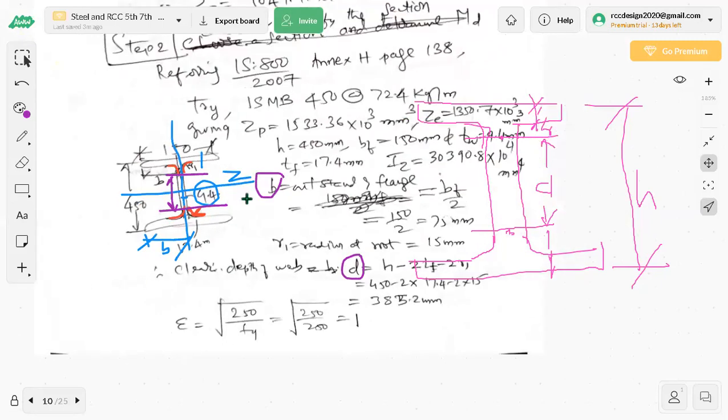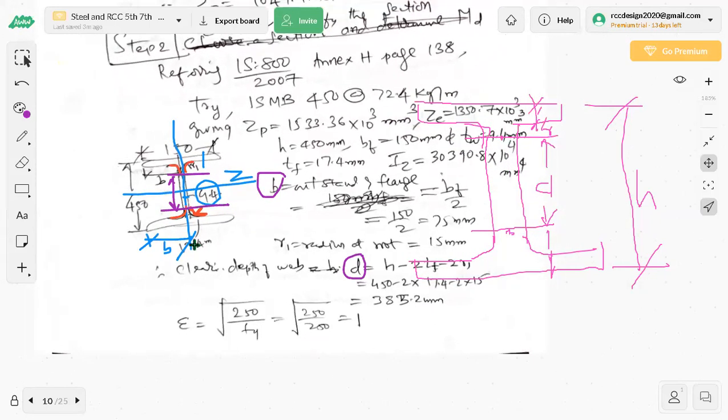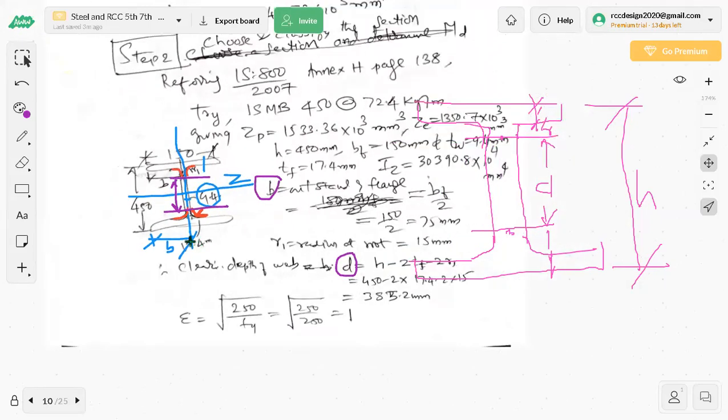Up to this, any problems, any doubts? Only 67 students are there today. It is a revision, but you cannot follow plate girder unless you know these things. Any questions here?